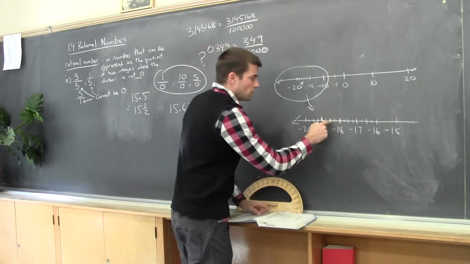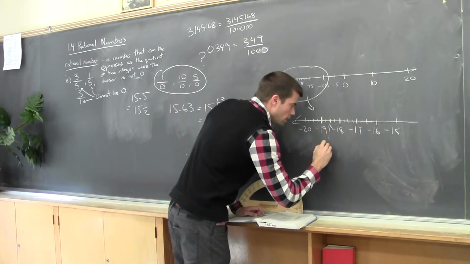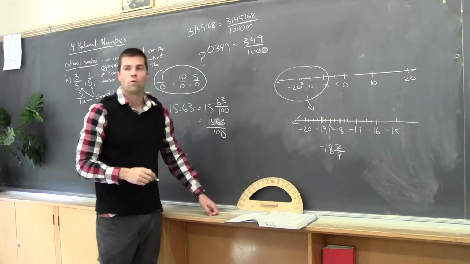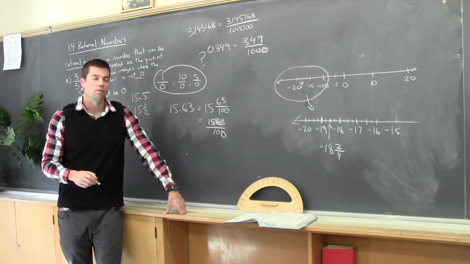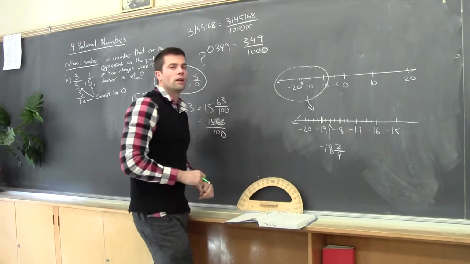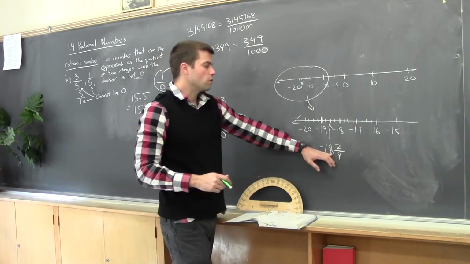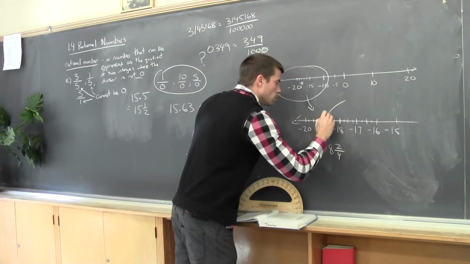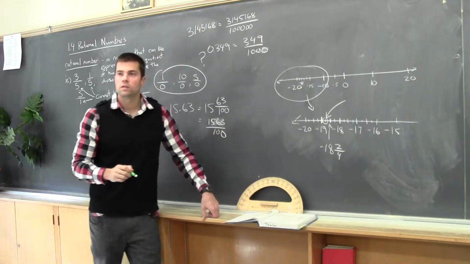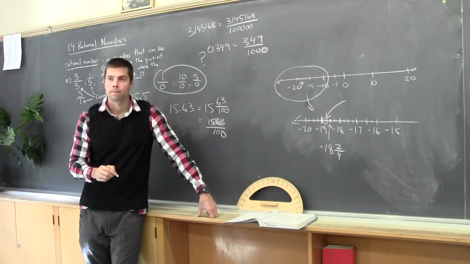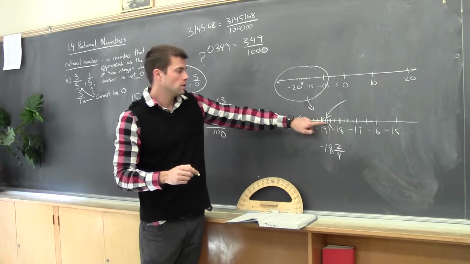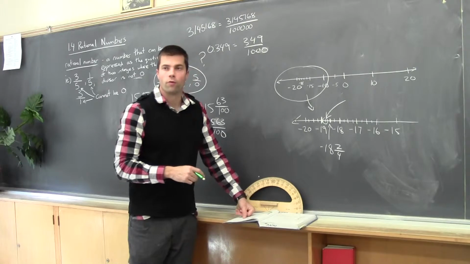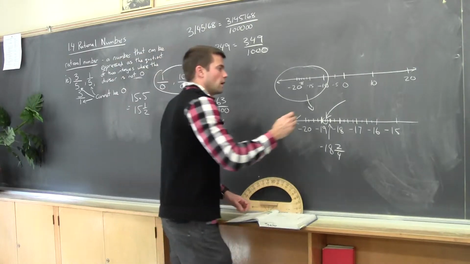Yeah. So this point here would be negative 18, 2 over 4. Okay, or 1/2. Negative 18 and a half. But it says it wants me to be closer to negative 19. So in this case, I'm not closer, I'm in the middle between 18 and 19. So I actually want to pick this point here. That's this point. Noah? 3 over 4? Yeah, what 3 over 4? Negative 18. Good, negative 18